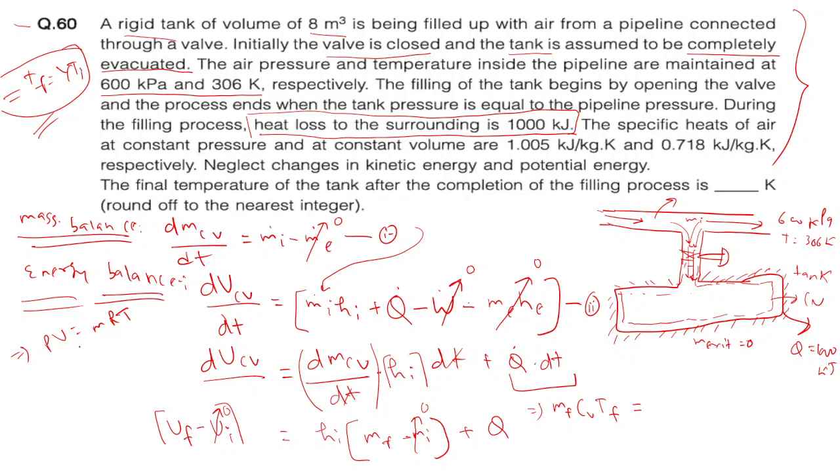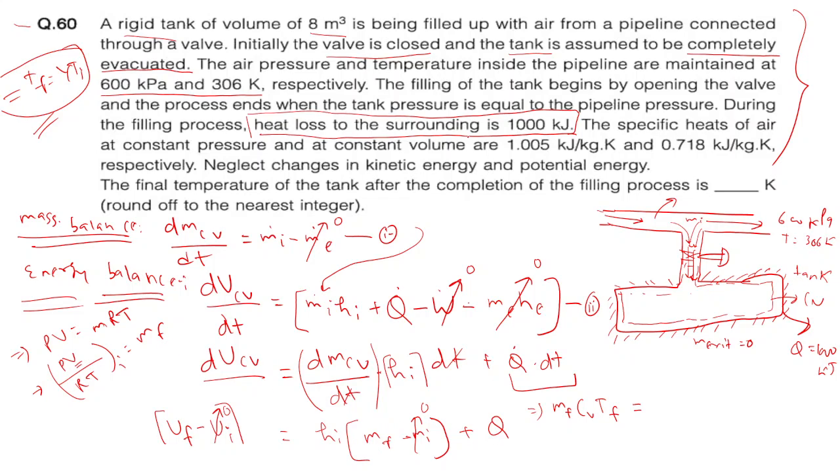So from here easily you can find, right? PV by RT using the pipeline, means initial condition, right? But volume would be how much? Volume would be this tank volume, right? Because that much volume it will be considering, right? Or not? Yes, sir. So calculate mass from here, and Cv we know, and mass we would be knowing from here.